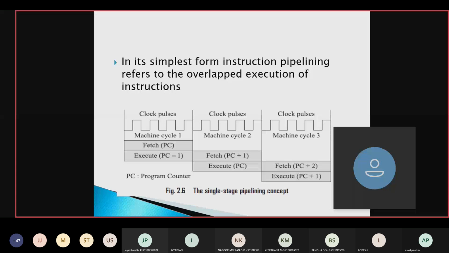Whereas for pipelining, first it fetches, and because we have different buses, it doesn't wait before the next fetching. It continues with the next fetching in the next clock cycle, and the execution is started in the clock cycle itself. So the fetching and execution are overlapped. Because of this pipelining, the execution is very fast. That's the use of pipelining.